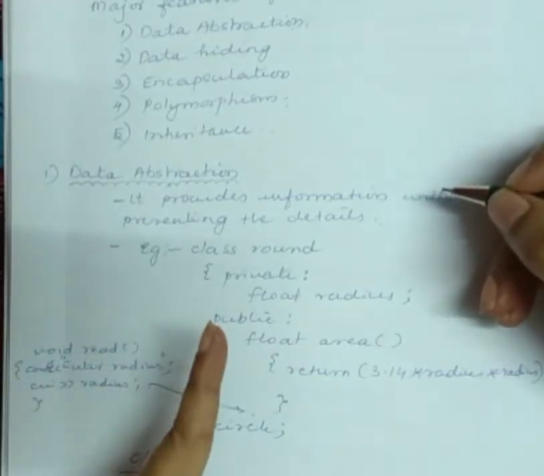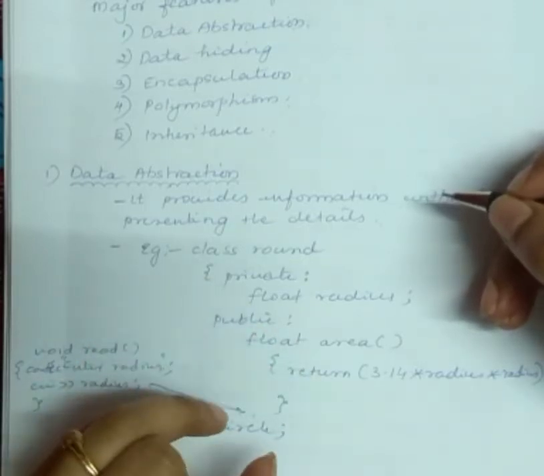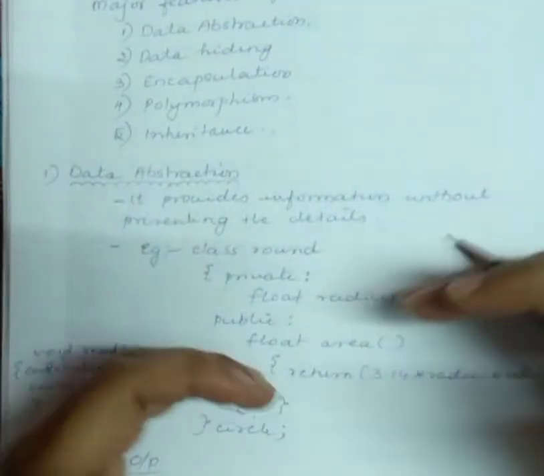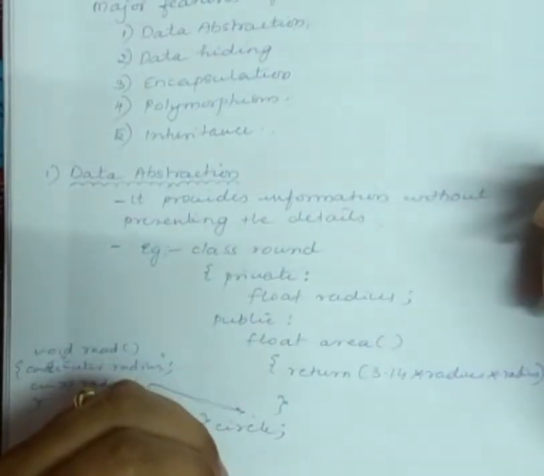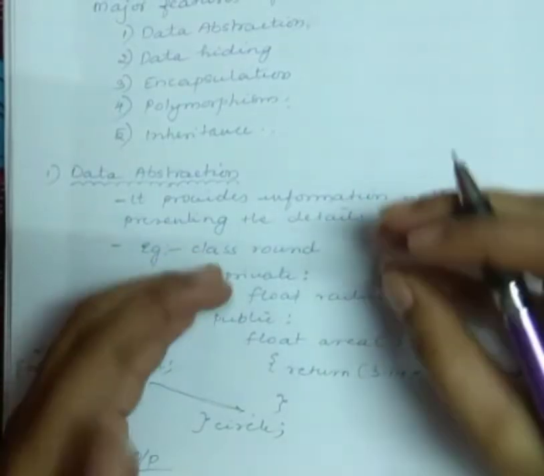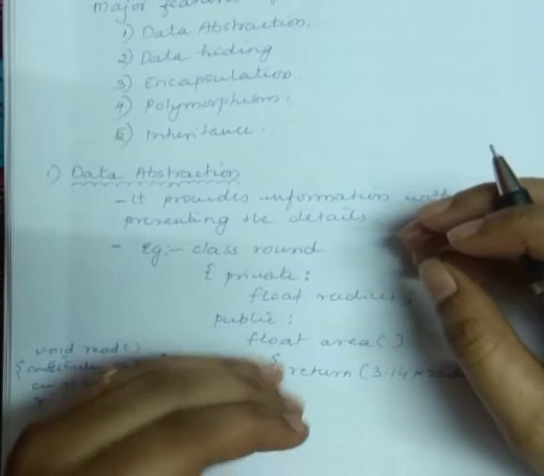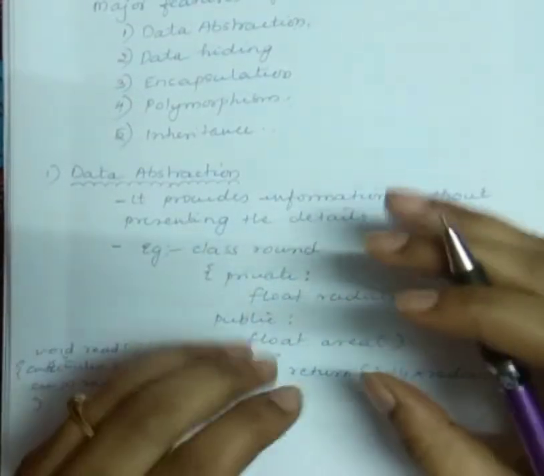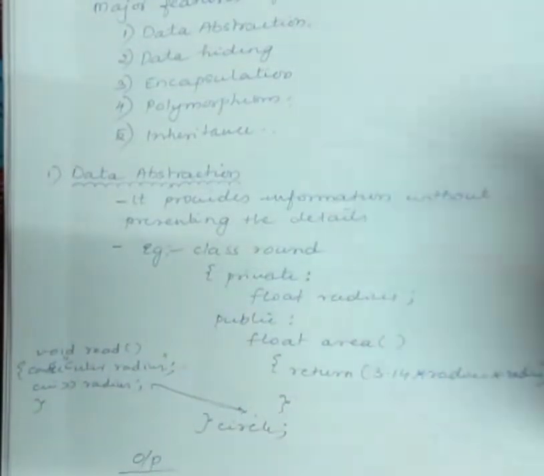So that is the first thing. And the second thing is all the switches are grouped together in the switchboard. They are not randomly placed everywhere. The person has to come to one location, the place of the switchboard, to perform whatever operations, maybe switch the fan or light on and off, whatever be the purpose. Just like that, C++ gives the same facility with the help of data abstraction.